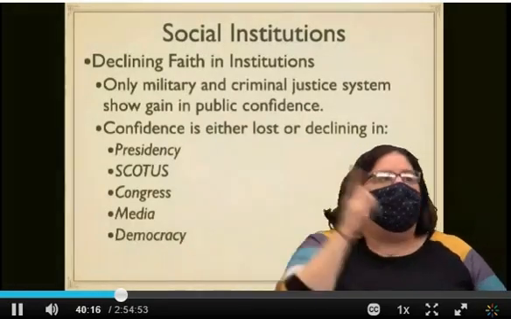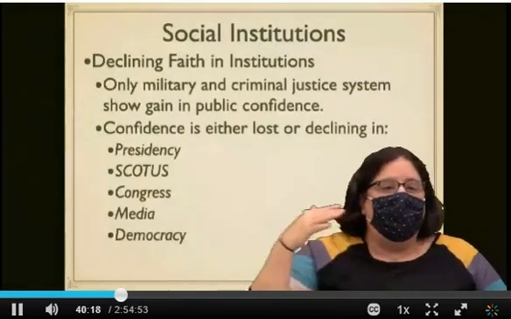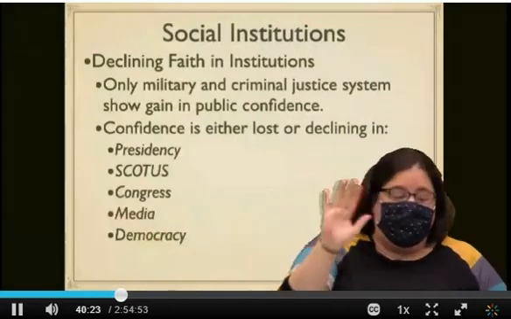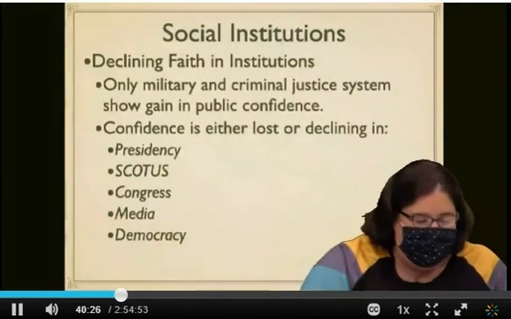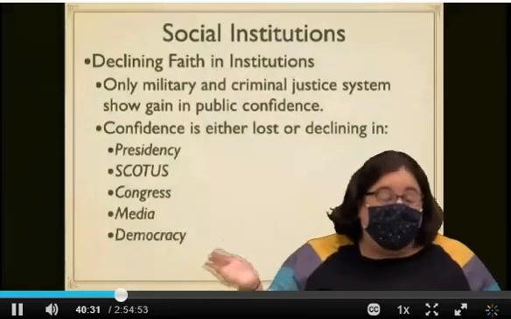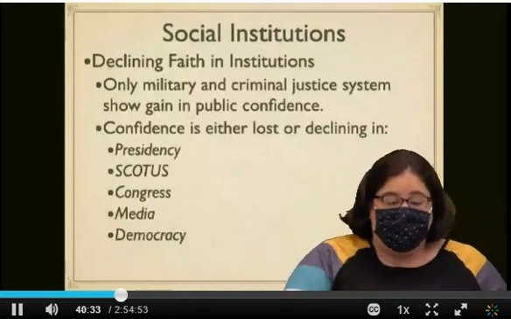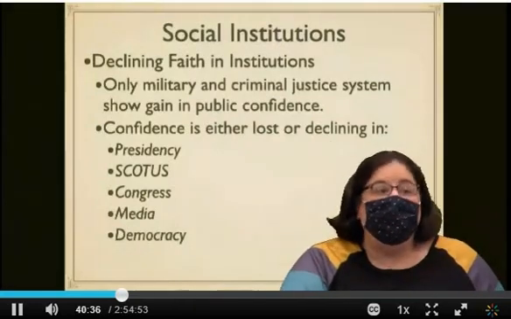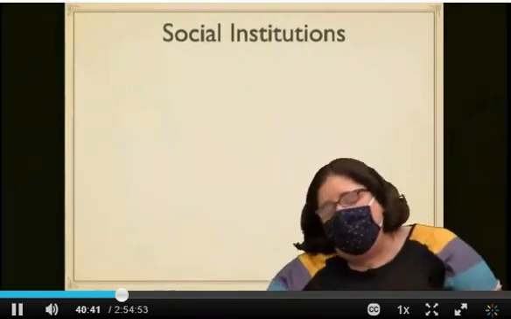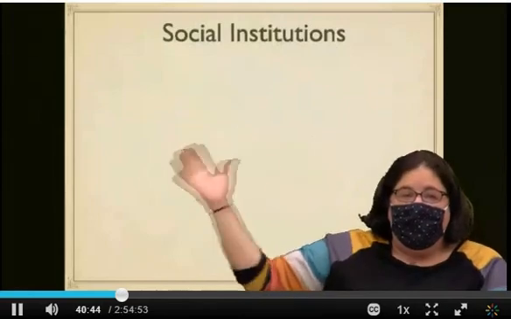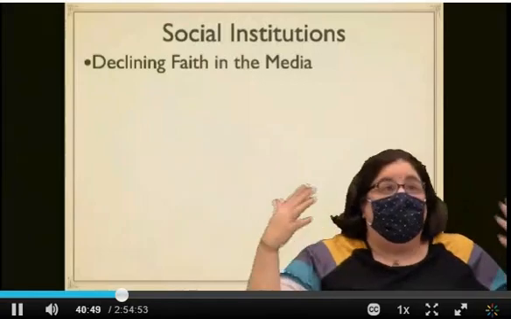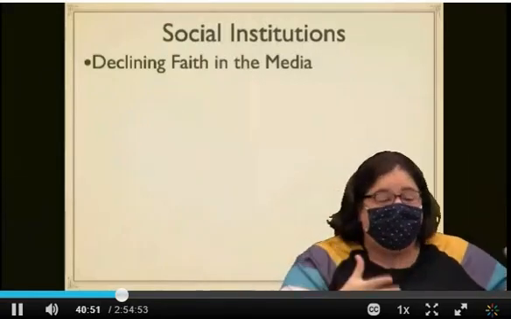Younger generations in our society don't see the need for democracy as we once envisioned it. It's kind of an interesting poll, but again, I'll get to that in a minute. Anyway, the idea is overall, people are less trustful of our social institutions, and it's been going down over time. And we know that losing faith in one can lead to losing faith in the others, and that's a vacuum that allows authoritarianism to come in. But our institutions, like the government, are only one facet of social life.